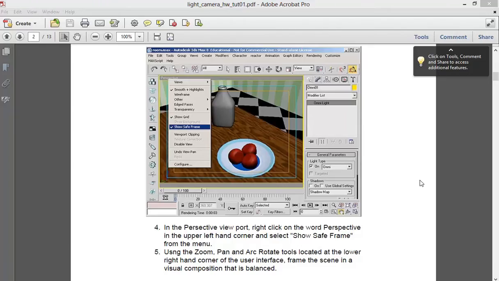In the perspective viewport, right click on the word perspective in the upper left hand corner and select Show Safe Frame from the menu. Using the zoom, pan, and arc rotate tools, I would rather use the shortcuts that I talked about a long time ago, which is Alt middle mouse click will do your arc rotate, just middle mouse click will do your pan, and Control and Alt and middle mouse click will do your zoom. You can use the different icons if you want to here, but I prefer that you stick with those shortcuts. They make things a lot faster. But anyway,